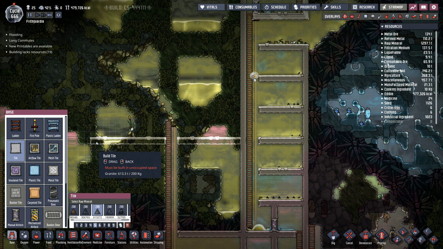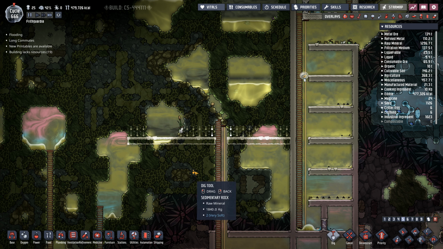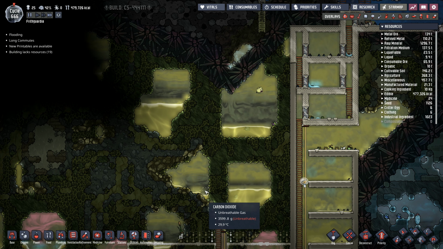Right the way over to there. And then I'm going to dig out a double line like that. Right the way across there. After I've done that, once they've dug that bit out, then we can come back and we can start doing